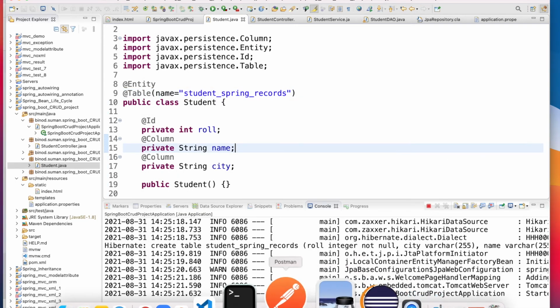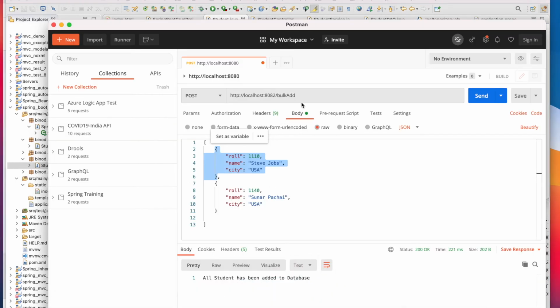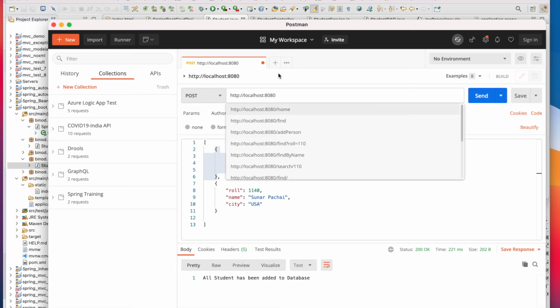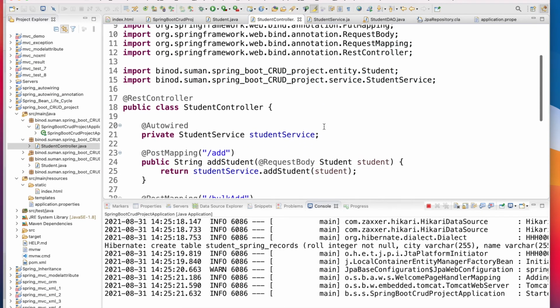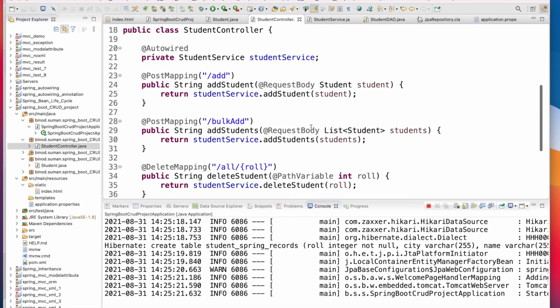Now we open Postman and you can check everything. First we will add some student, right? So 8080, and if you see in the controller, what is there, the bulk add or single add? Let me take the single add first. So add and post.